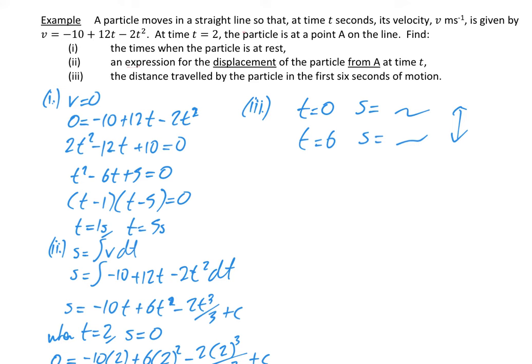Now, they've been nice to us in this question, and they have talked us through this because the first part of the question, remember, was you find the times when this particle is at rest. So we know the times when the particle is at rest, we worked them out to be t is equal to 1 and t is equal to 5. So we've a wee bit more working out to do. So we have got to find,